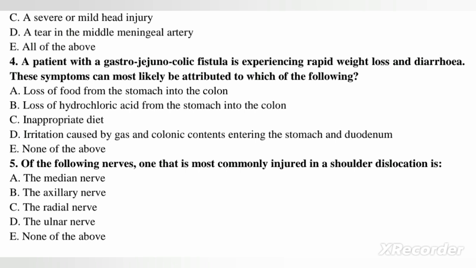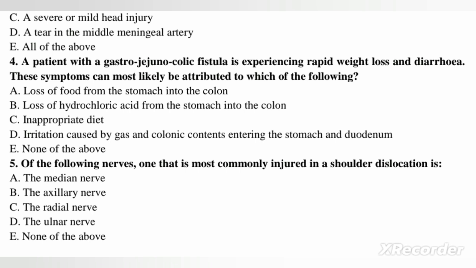Question 5. Of the following nerves, the one that is most commonly injured in a shoulder dislocation is A. The median nerve, B. The axillary nerve, C. The radial nerve, D. The ulnar nerve, E. None of the above. So the best answer here is B. The axillary nerve. So here, the lesson to retain is that the axillary nerve is most often injured during a